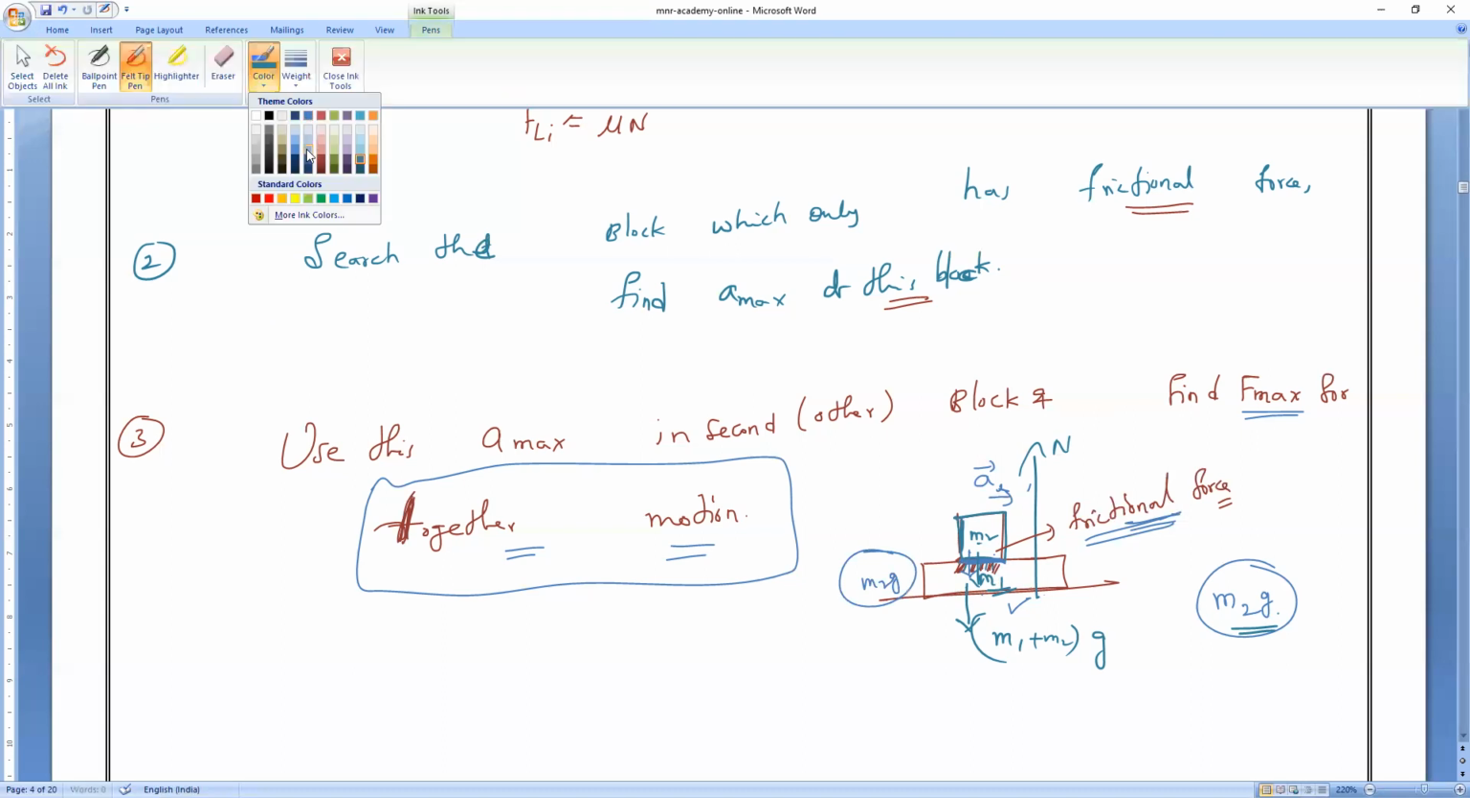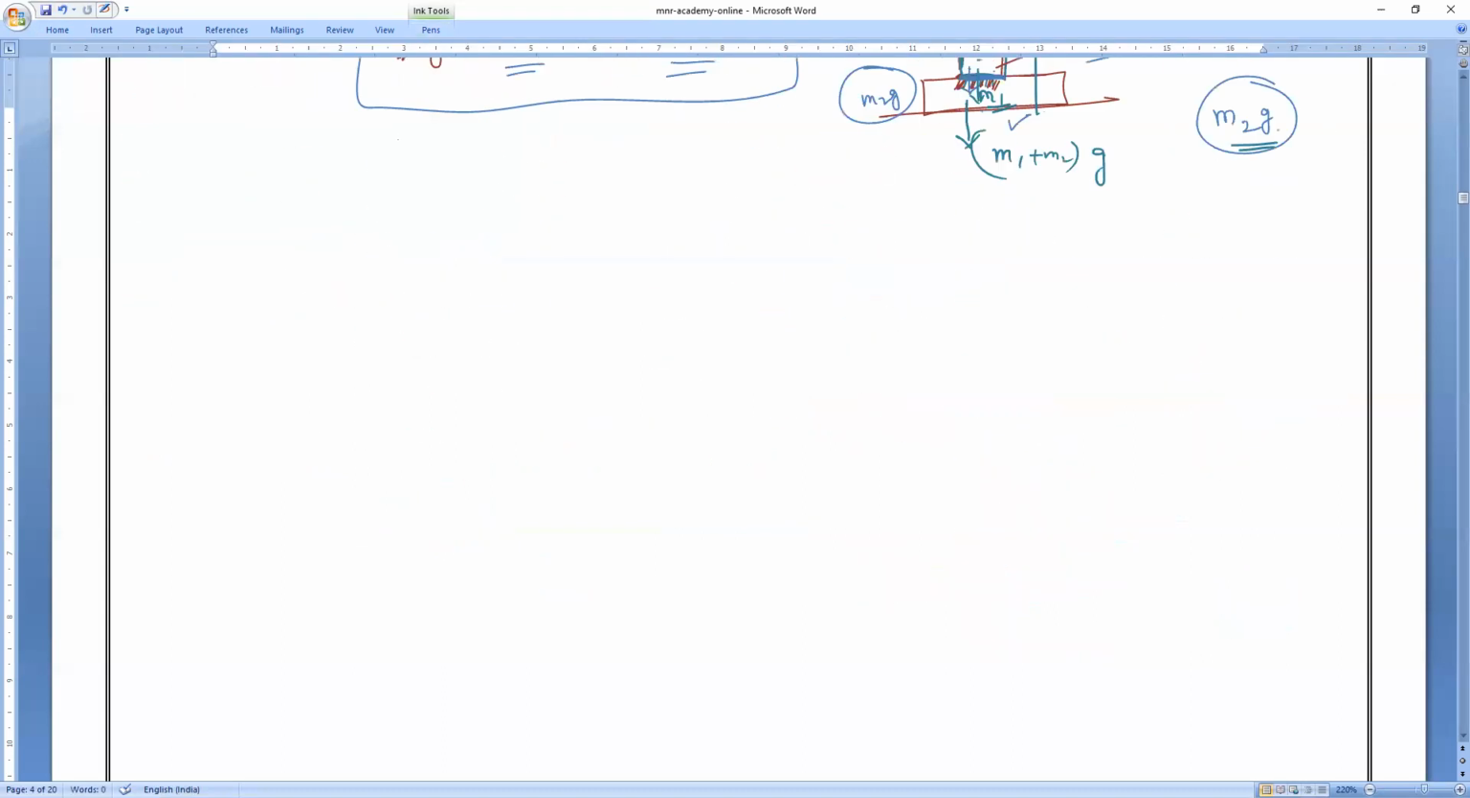So now the question I will give will start. Find the maximum value of F. Only this question we will solve. Find the maximum value of F such that